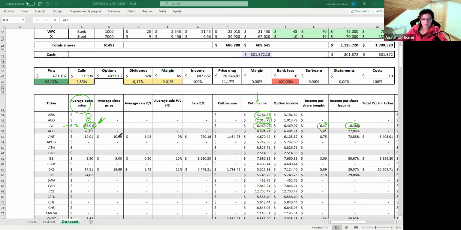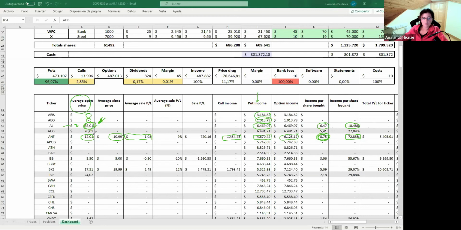When there's more information here, for instance, ANF, it was bought at 12 average open price. It was sold at 11. There was a call, I'm sure. We would be -1. Yeah, because if we buy at 12 and we sell at 11, we will be -1. However, because we collected put income and call income, then we've collected in total the option income was this, but per share, we collected per share 8.75, meaning that we were in profit